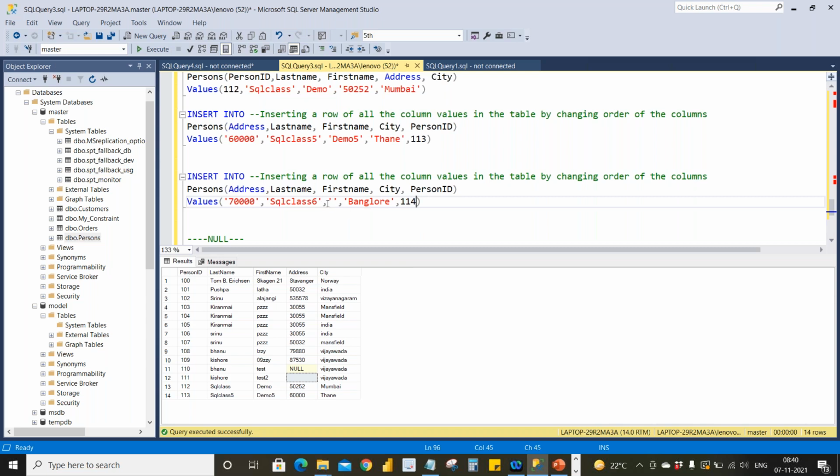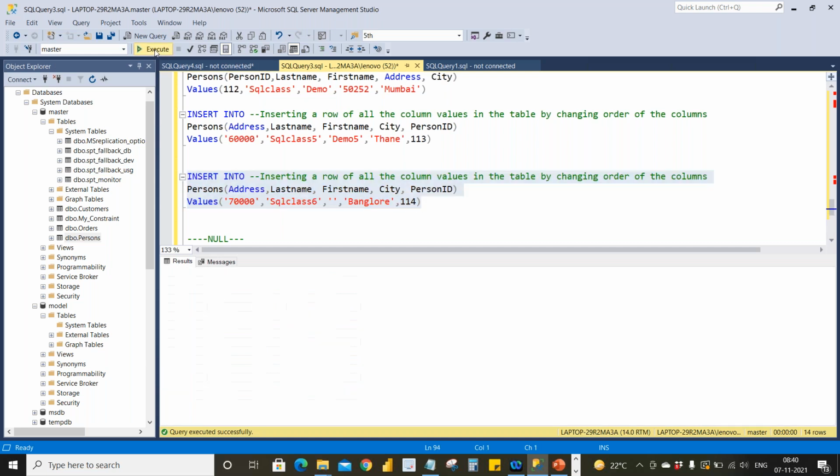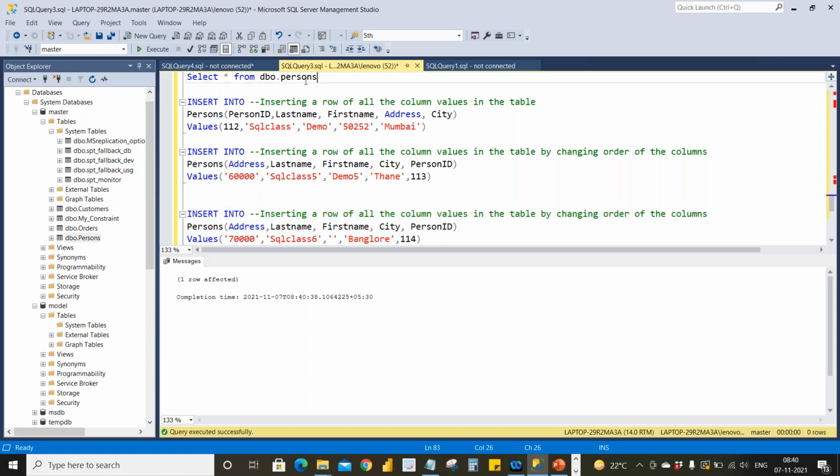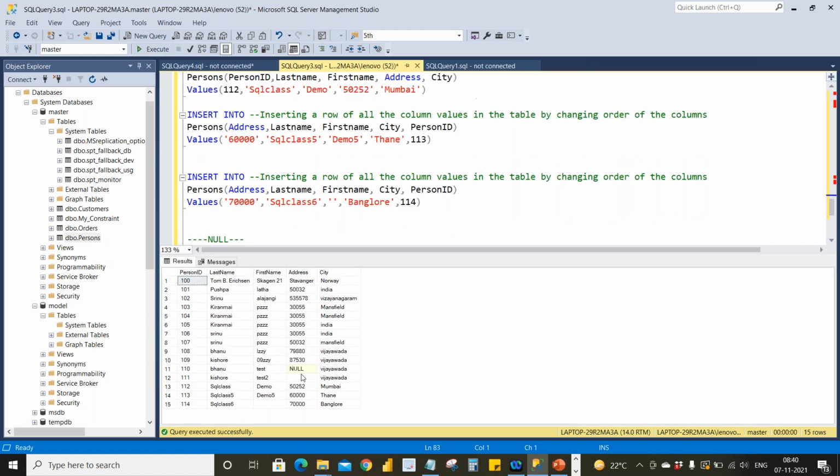We'll see whether this will insert as an empty value or not. Yes, one row got affected. We'll see. If you see here, right, first name has an empty value, right? So in this way you can insert empty values as well. If you don't give first name itself, it will be a null value.